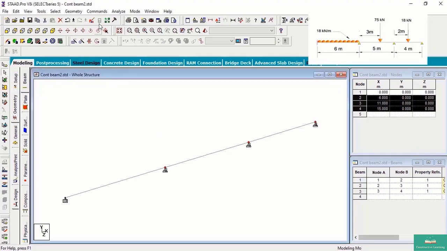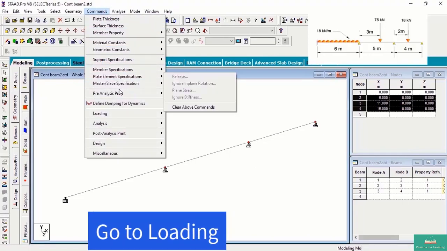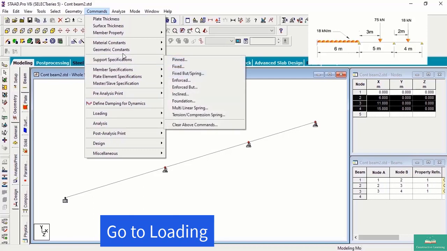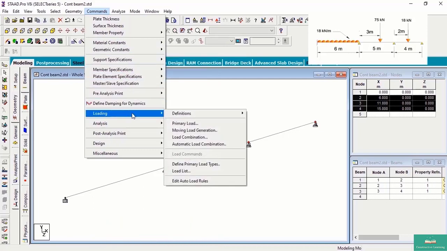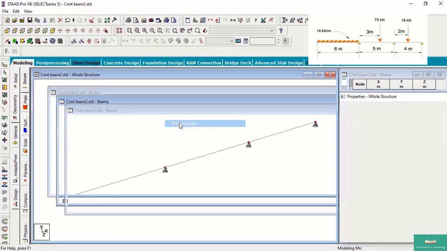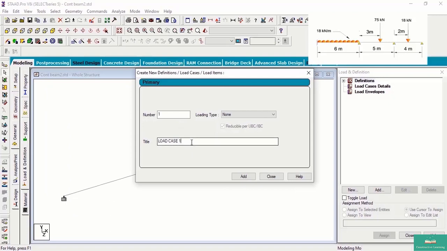To apply the loads, go to Commands, go to Loading, click on Primary Load, give load case number 1 and loading type as dead.